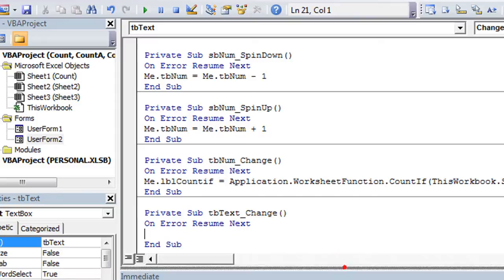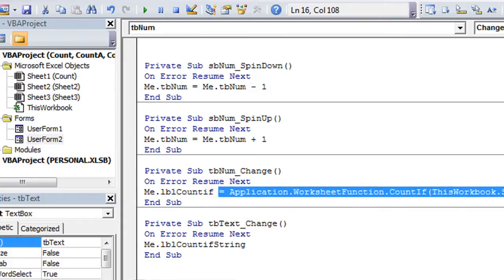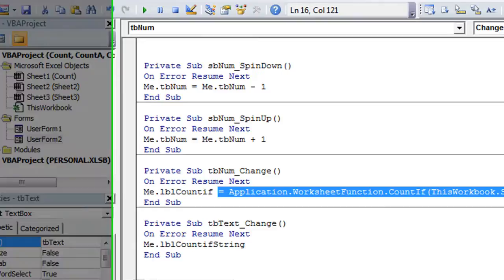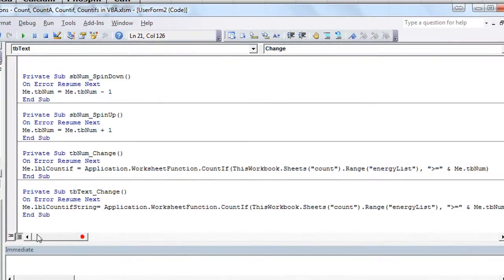Now, the code for this is going to be pretty similar. We're going to say me.lbl CountIF string. So I just selected the correct one. I'm going to steal the equals and all this up here, since it is the correct range. Well, no, it's not the correct range, but it's the correct format anyway. So we have that string, the label is going to be equal to